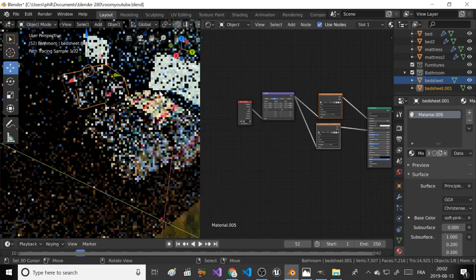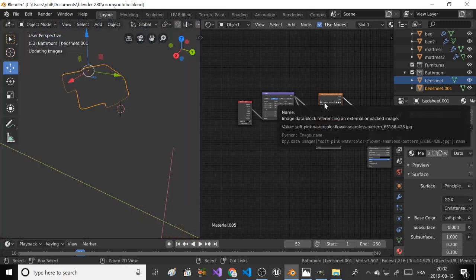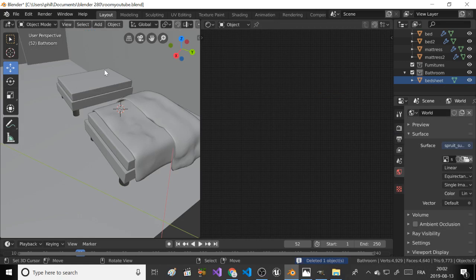There should not be a link between what I do here. I think I still have the 2.8 beta, so that's why. This one should not be linked to this one. So what I'm gonna do is just create a new bedsheet